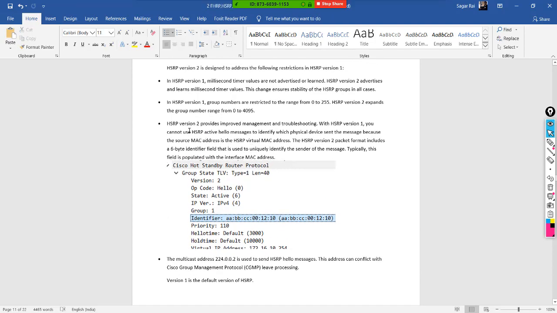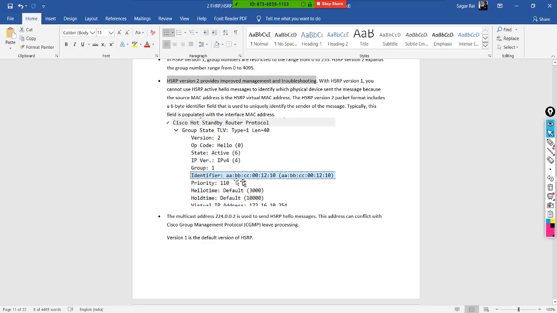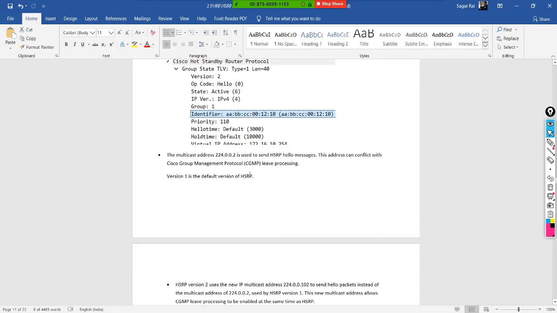As I told you, HSRP version 2 has an additional field called identifier, and because of this identifier field, troubleshooting becomes easier. We can track this MAC address and find out which switch is having the issue. In version 1, we don't have this identifier field inside the packet.